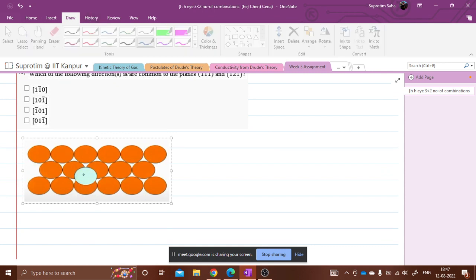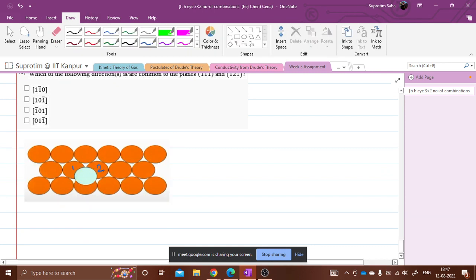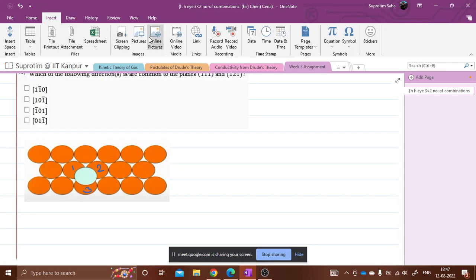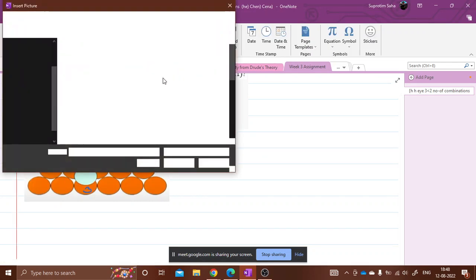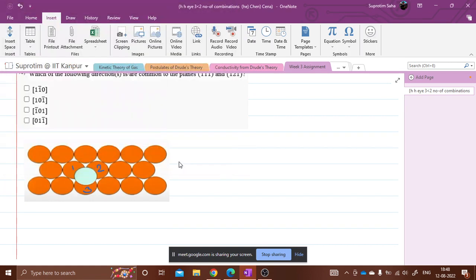What you basically do is, this is 1, this is 2, and this is 3, right? Now you insert another layer, which is the second layer, that will fetch you